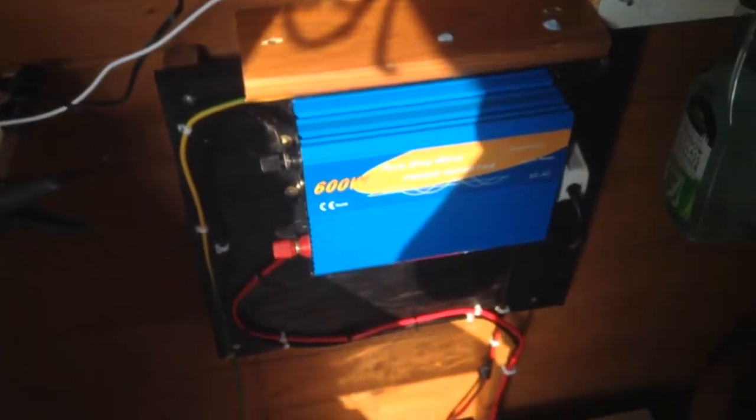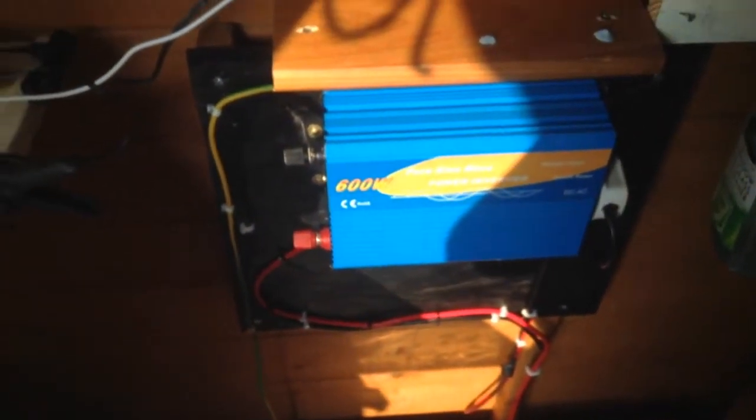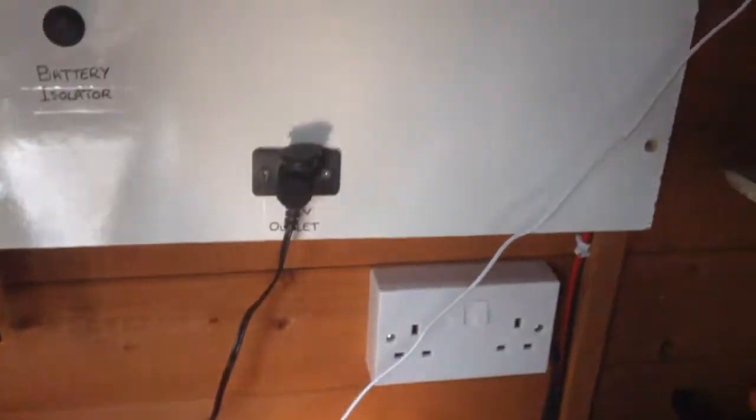So I'm using my solar power system. I used the inverter yesterday to run the strimmer, and I cut the entire back garden with no issues. And this is just another typical day